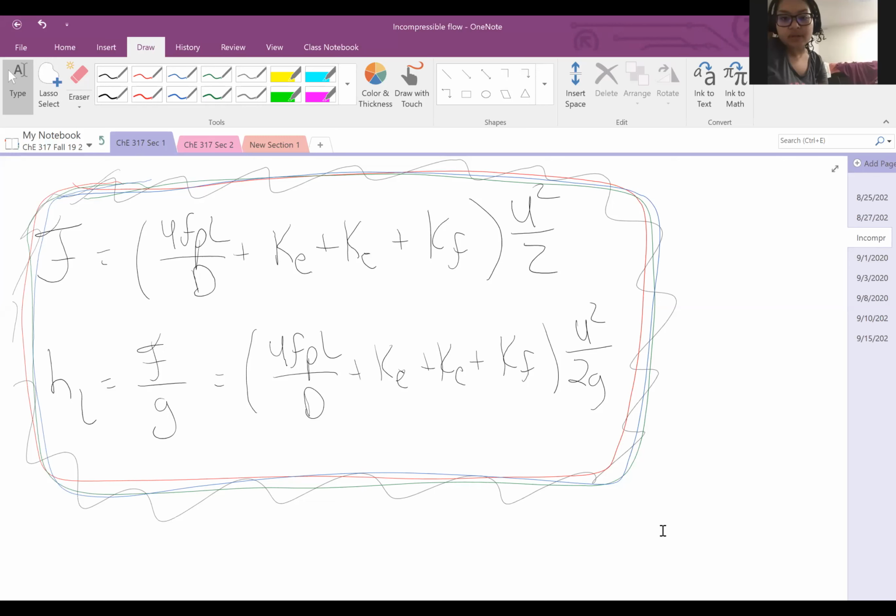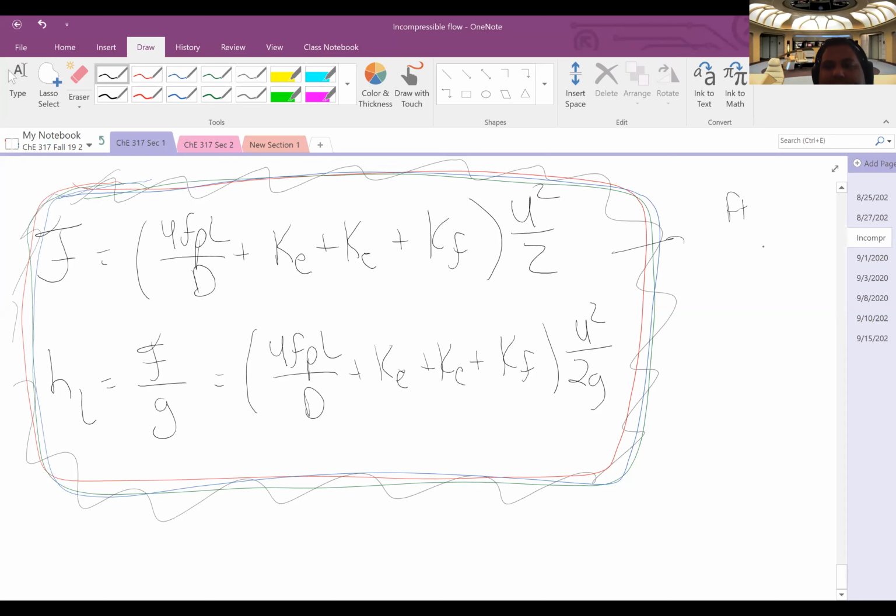Yeah, Dr. Lopez, I have a question. Of course, go ahead. What units will head loss be in? Length. Okay, so meters or inches. This is going to be your feet squared per second squared, because you'll notice these are all unitless in terms of values, and f is unitless. This is in terms of mass per cubic feet. These are in terms of